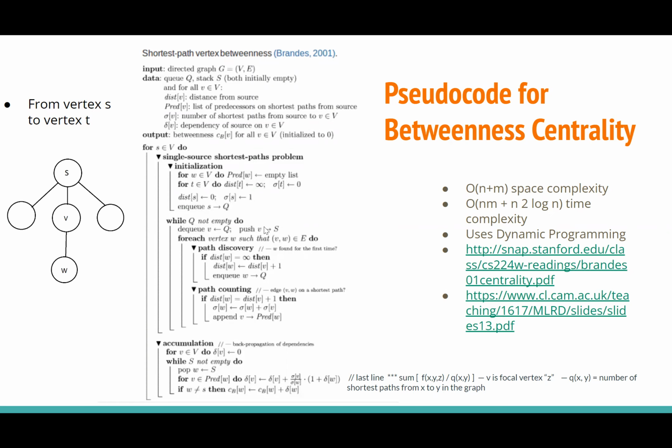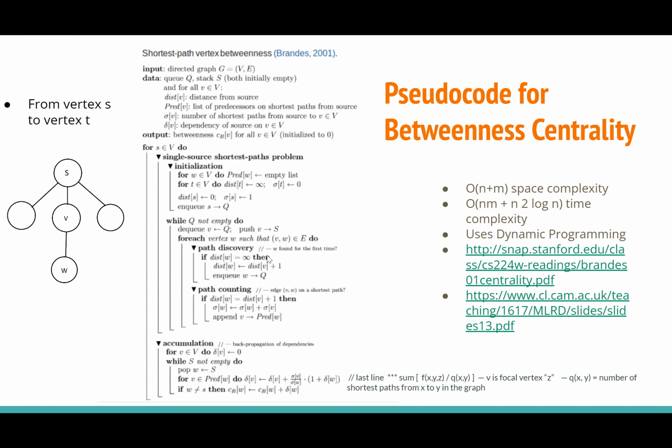And we'll put this V on top of this S, which is the stack. So these are two different arrays. So again, it'll take the initial one, it'll take this S, and it'll be called V in this case. And it'll put V on the stack. And then for each vertex that's attached to it, so again, we're starting here with S. For each vertex that's attached to V, so 1, 2, 3, it will